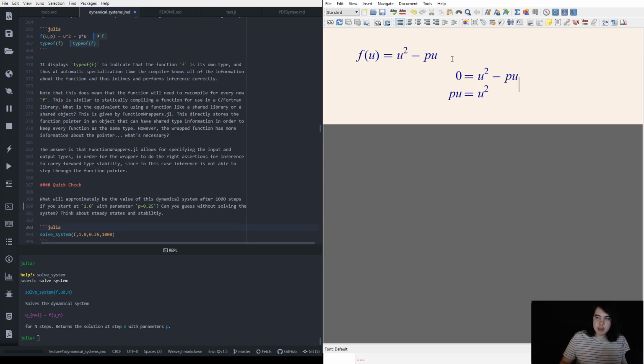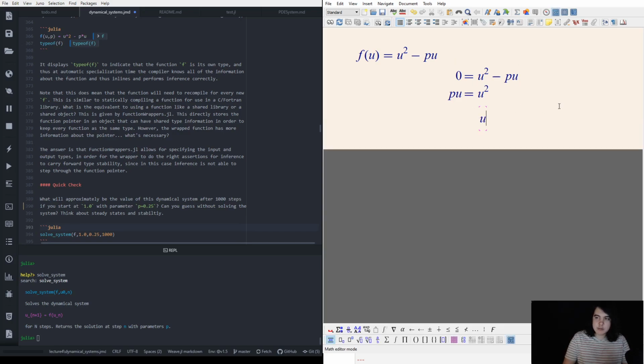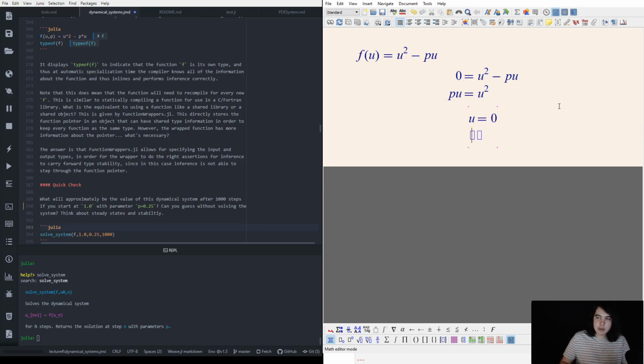And so we have the solution u equals 0, and we have the solution u equals p, right? Those are our 2 solutions, because when you plug in u equals 0, then you get 0 back out. And then when you plug in p, then you get p squared minus p times p equals